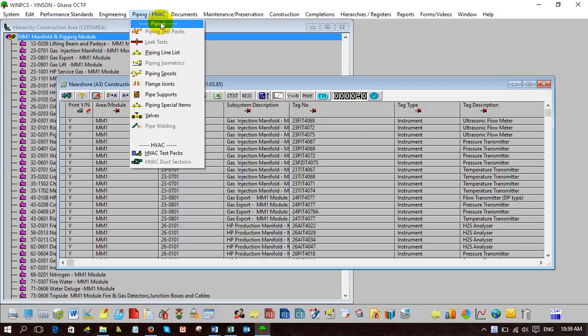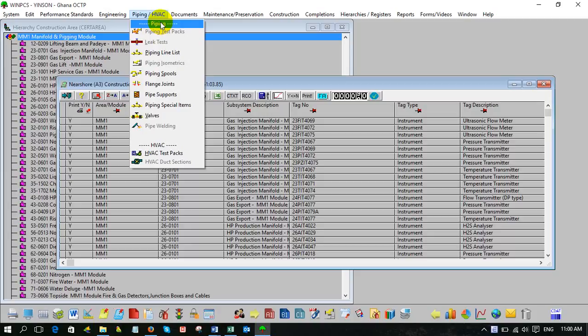You give them. So you put your line number, line size, material, if you have it, if you don't have, fine. Line from, line to are important. Then your P&ID number reference, because these three are very important. Because of the P&ID, we want to know the revision number that you use, and the sheet number.